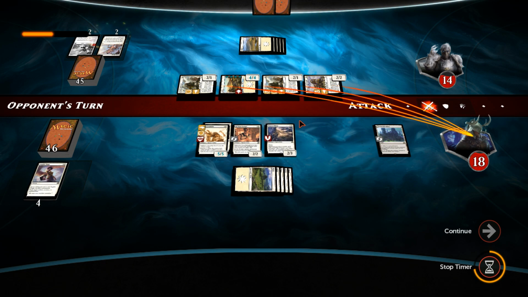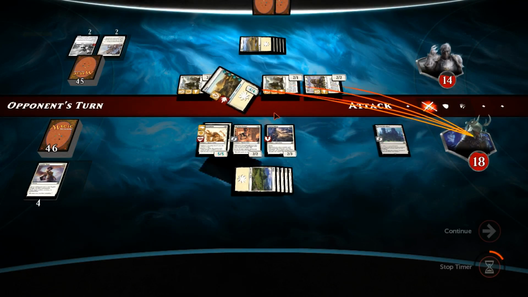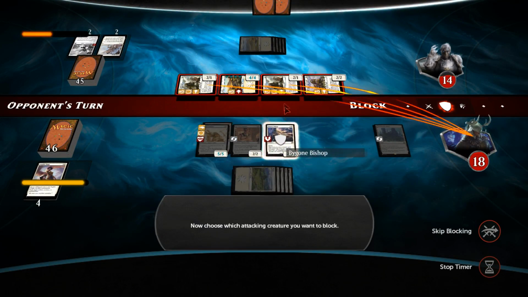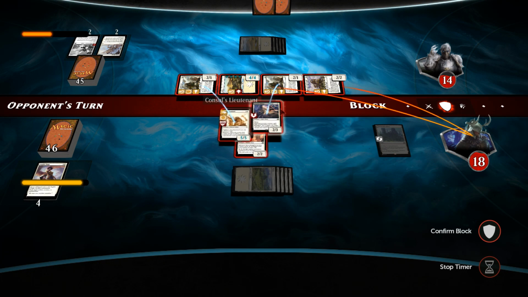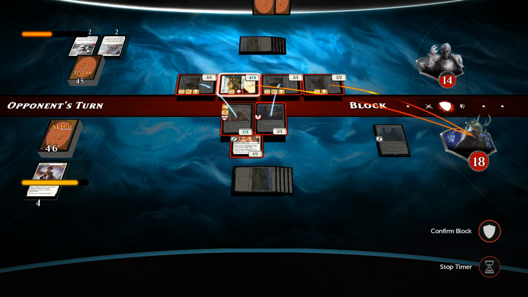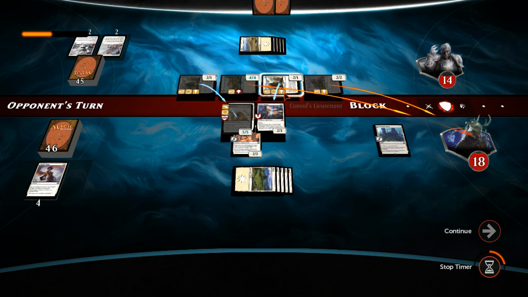So all of these get lifelink. Now, tough choice here. Do I allow the 6 damage to go through, or do I block the 2 Consul's Lieutenants? I'm thinking block the 2 Consul's Lieutenants. I mean, we're going to take 6 damage, but at the same time, we're going to destroy these 2, and that's going to prevent them from